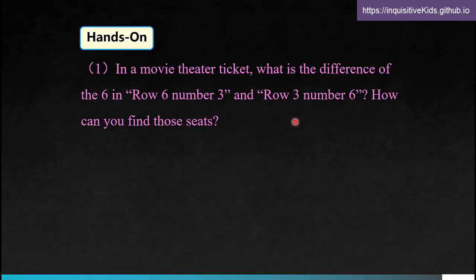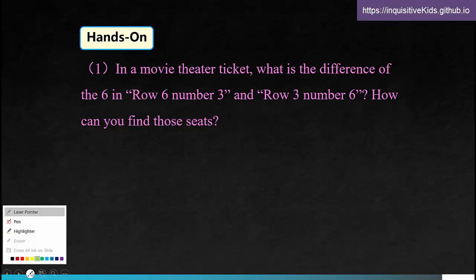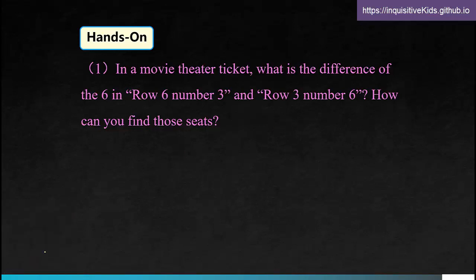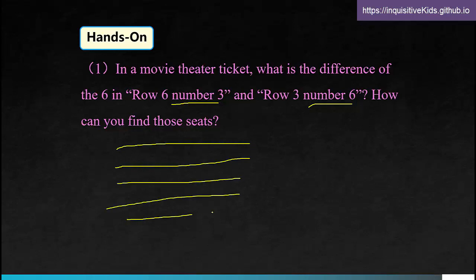Well, the difference between these 2 phrases is important because the values they're representing are different. You can think of a movie theater as a grid of seats, right? So there's columns and the rows. And the column is really just a number here. So we can replace it as a column. So row 6, number 3 would be, so there's 6 rows here. Number 3 would be